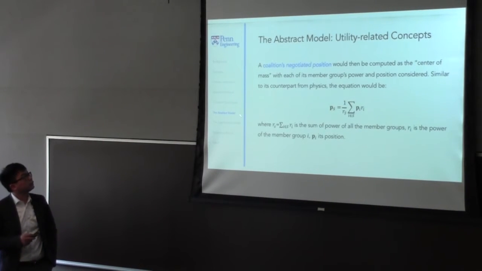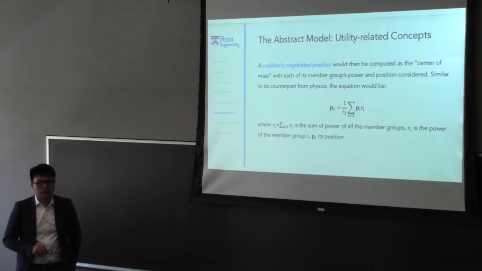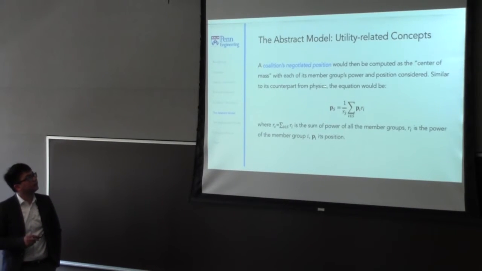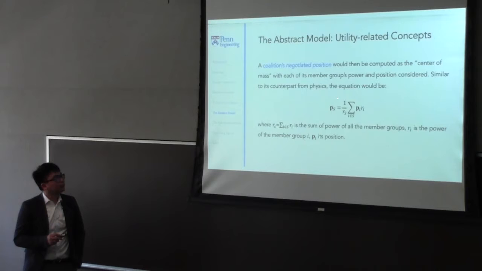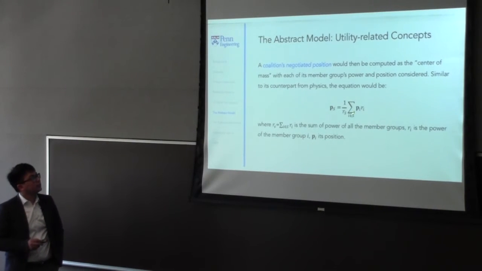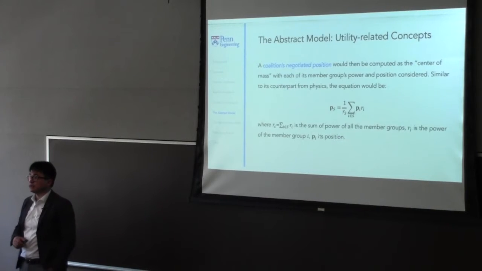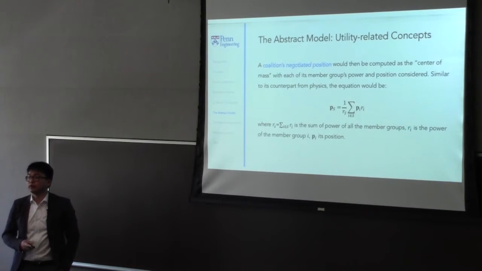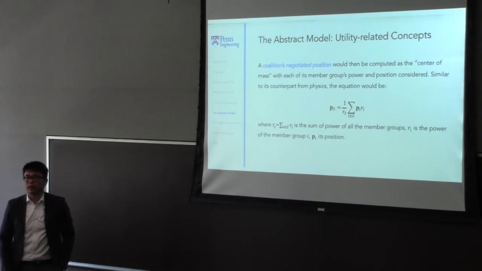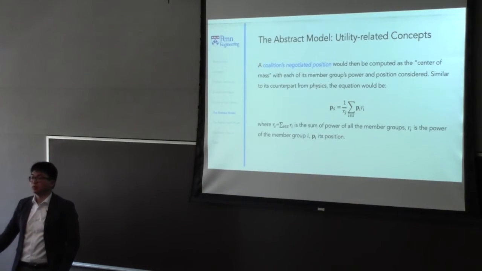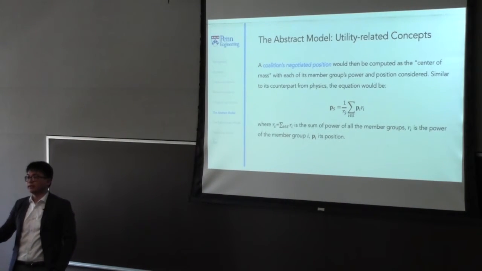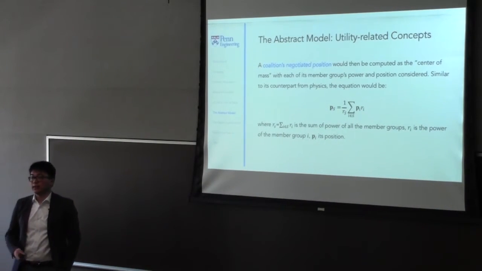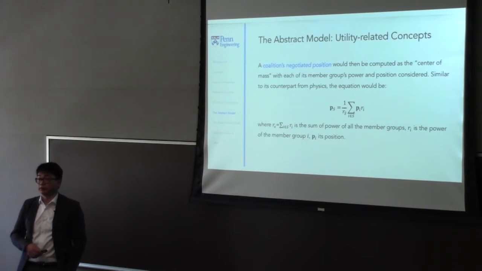And there's a concept of negotiated position for a coalition. If you're familiar with the concept of center of mass, what we say here is that we propose that the negotiated position will simply be a similar concept with the equation as following. Essentially, the more powerful you are in a particular alliance, the negotiated position of the alliance will be closer to your own position. Is that understandable? So if you're a very powerful state, in the real world, if you have negotiations with a weaker counterparty, the eventual realized negotiation outcome will be closer to yours, simply because you have more resources dictating it. And that's also empirically validated through a lot of research.